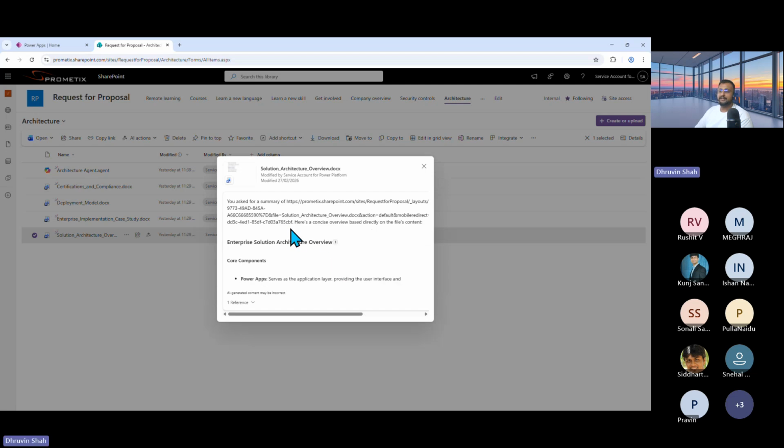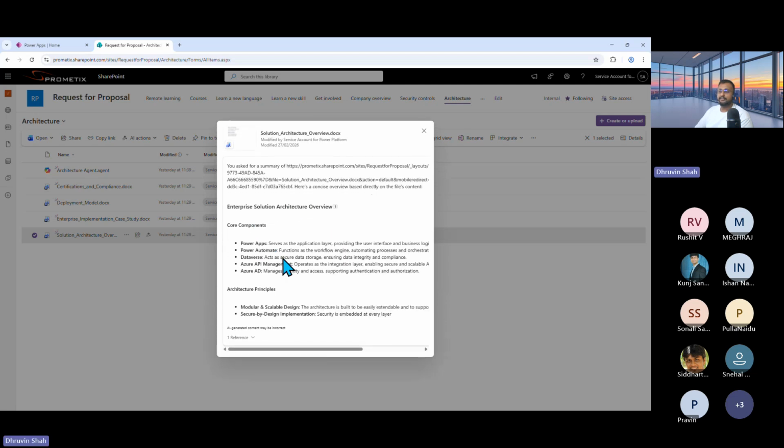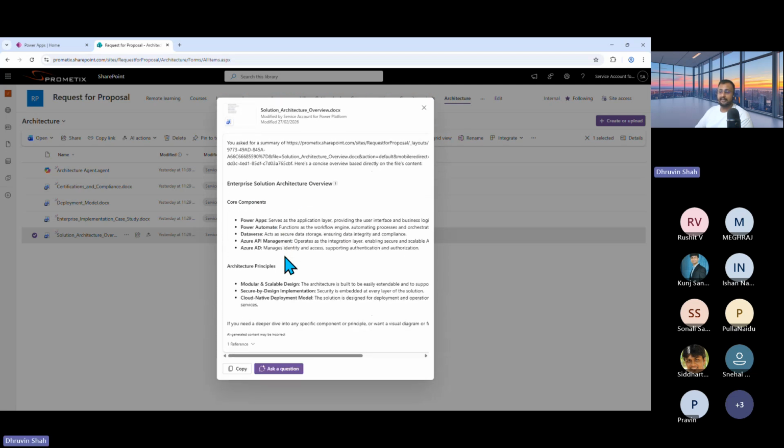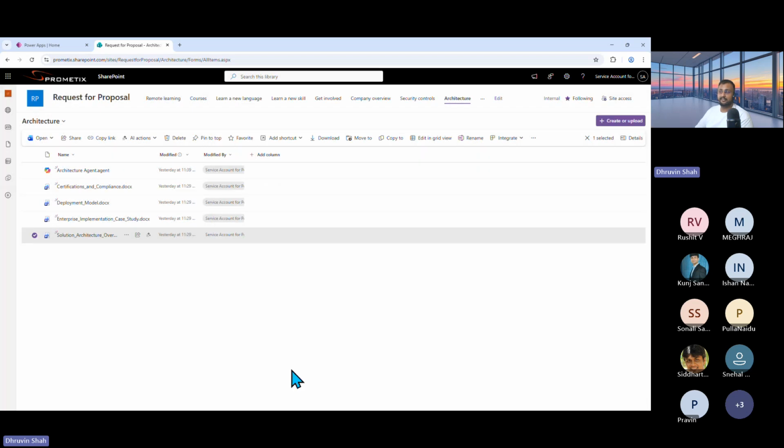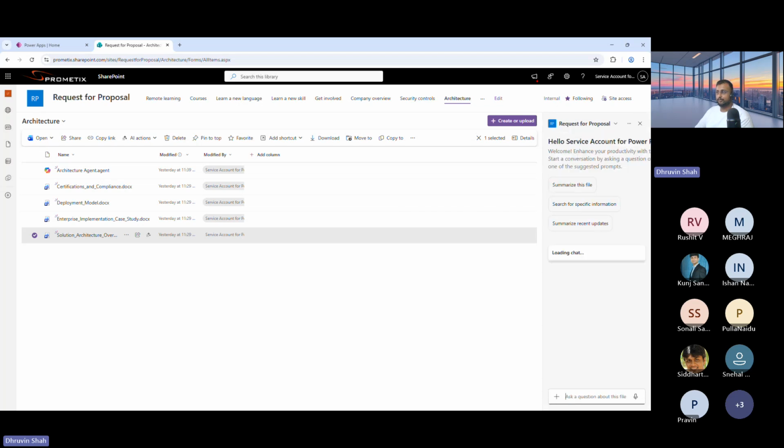So basically, when you make a summary, you can see this type of one-pager summary will be created for you over here. Now, on top of that, you can just ask some question as well. So when you click on ask question over here, on the right-hand side, it will start loading one panel. And now over here, you can specify something, okay, data versus